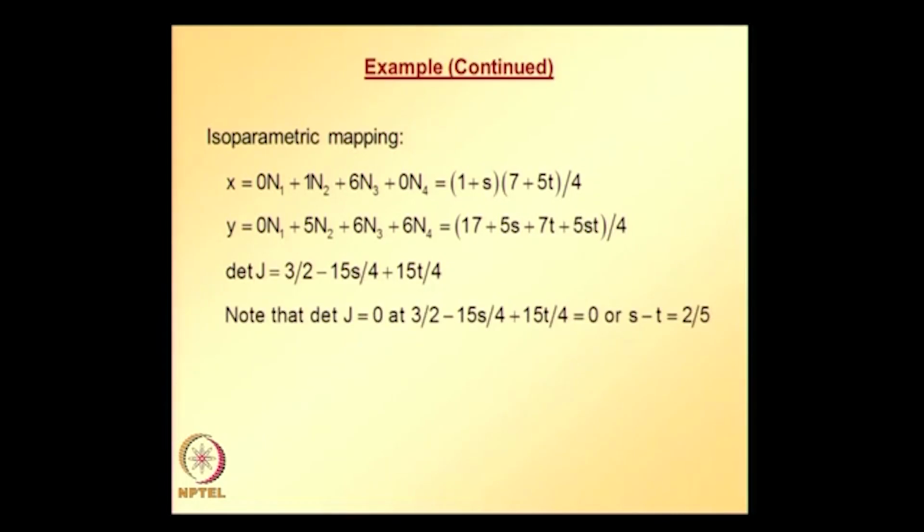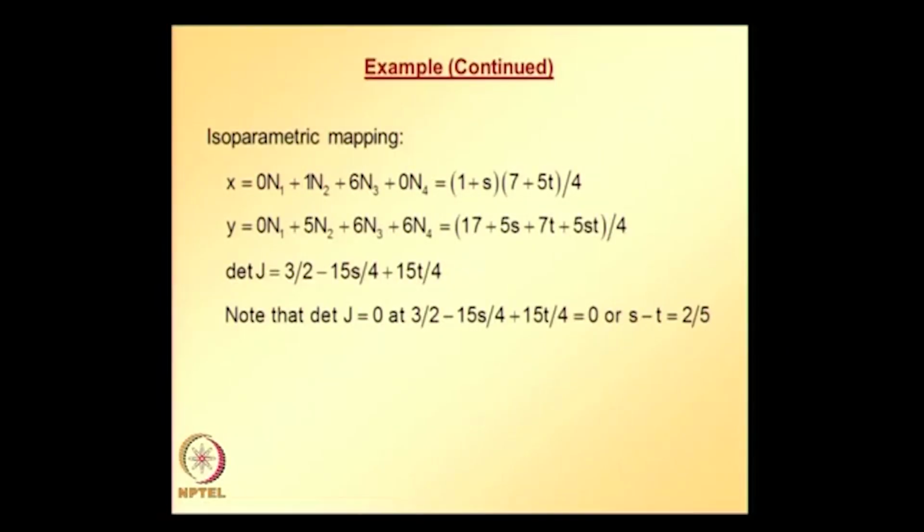Note that determinant of J is equal to 0 when 3 over 2 minus 15 S over 4 plus 15 T over 4 is equal to 0. So, that results in the line S minus T is equal to 2 over 5. And if you overlay this line, that is S minus T is equal to 2 over 5, on the parent element,